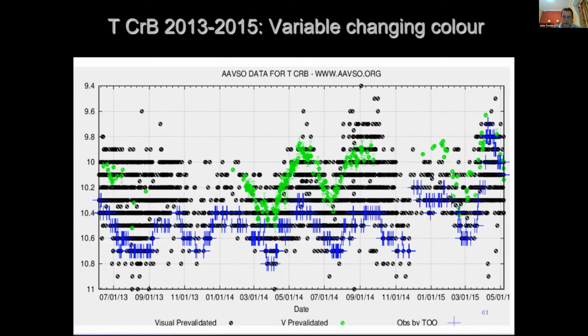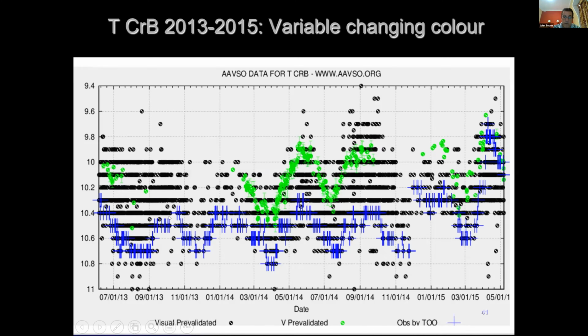Here's another light curve of visual and V data. This is T Coronae Borealis, which is moving from normal state to super active state. And you've got all the visual data, which is in black. And you've got the V data, which is in green. And it kind of indicates that the only reliable data here is the V data. However, if you just plot the single visual observer's data, this is my data, then you get a very similar light curve to what you're getting here in partial form, except that it's more complete.